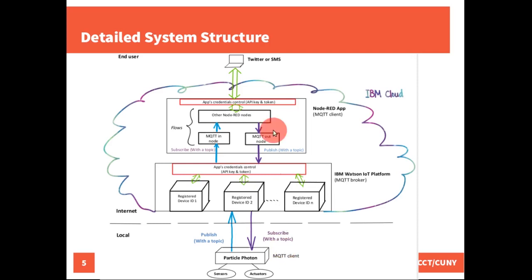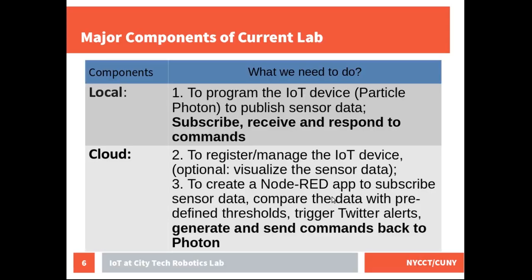In this lab, we're going to let the Node-RED app automatically generate the control command. Of course, you can configure your own Node-RED flow to let the end user initiate the control command and send it back to the Photon through the MQTT broker. Here are the major components that we're going to work on for this lab. For the local Particle Photon, we need to program it to publish sensor data, subscribe, receive, and respond to the control commands. On the cloud,